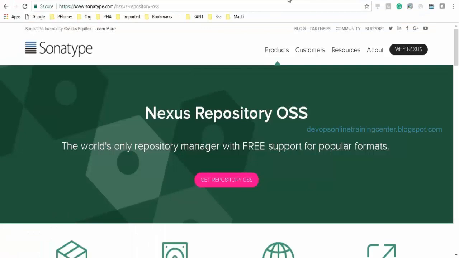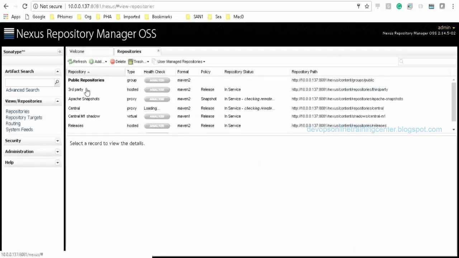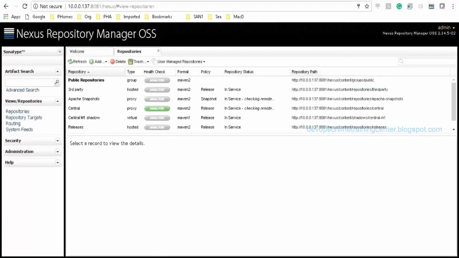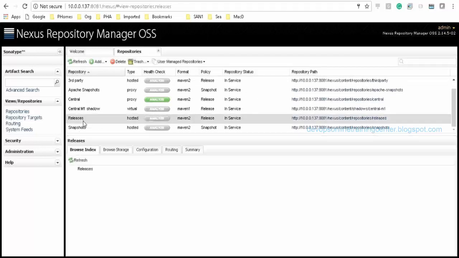Okay. So we created the repository and then we logged in using admin123. Now, what is the next step? We need to configure this repository so that from Jenkins, all the binaries are directly stored on this server, right? There is something called repositories. These are some of the default repositories. So what we want is either releases or snapshots, right?